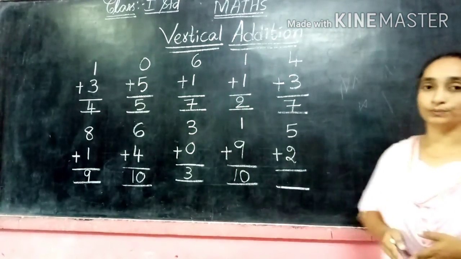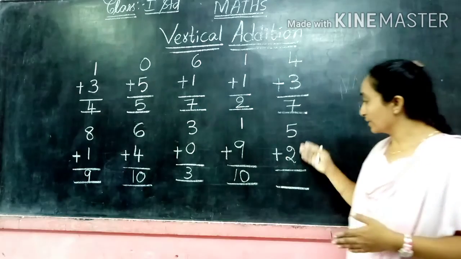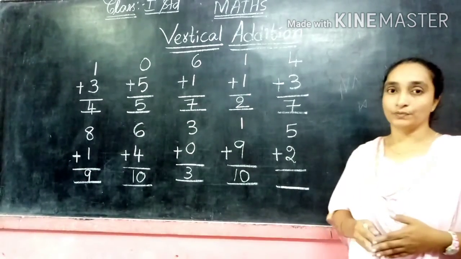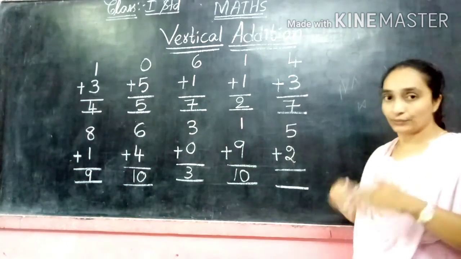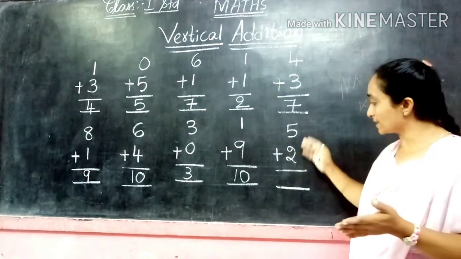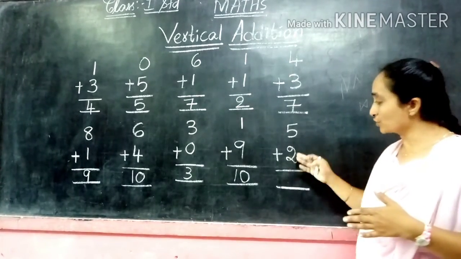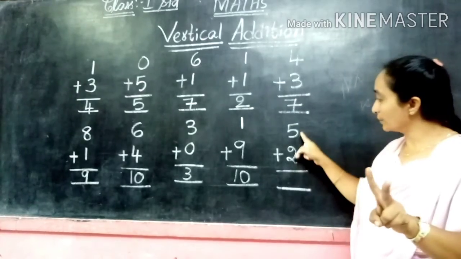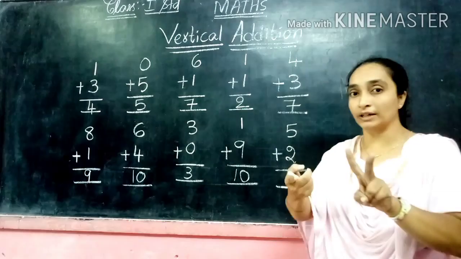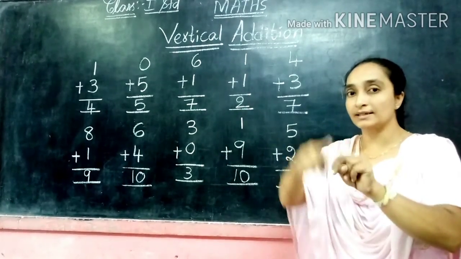So 5 plus 2. So here already we have learned about, children, 5 plus 2. So no need to take the 5 fingers. If you change the order also, it is the same. So let us take the small number. So 5 and 2, which is the small number? 2. So we are taking the 2. And we are adding the 5. 5 after we can count: 6, 7.